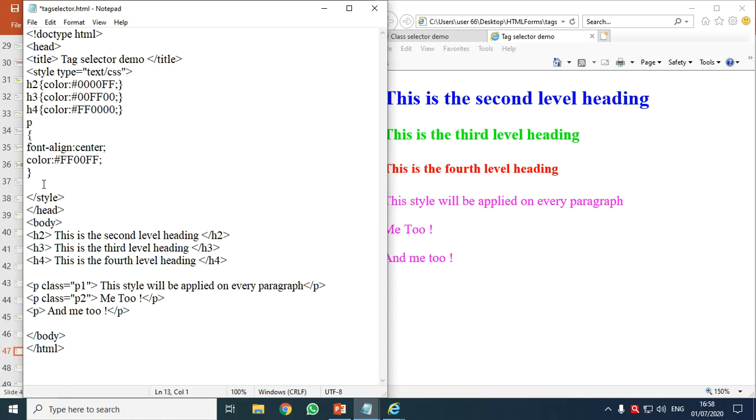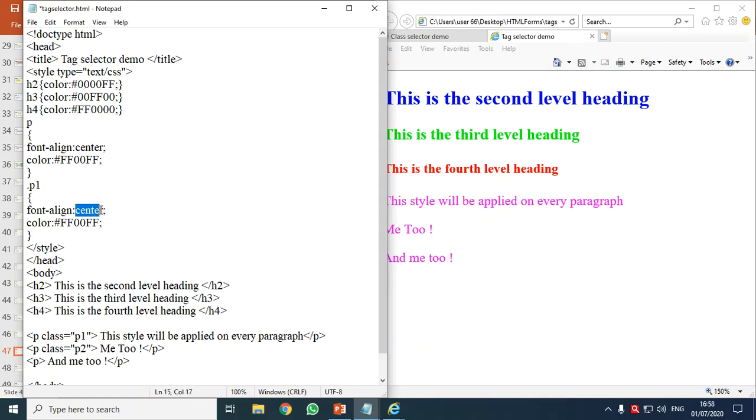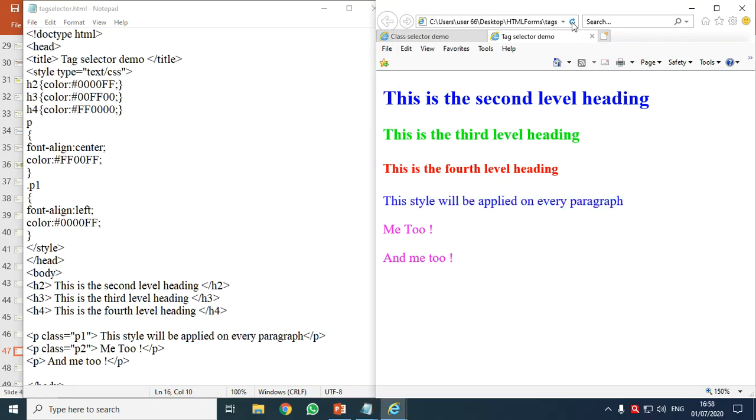And how will it be called? Classes are called with periods. That is a dot and the name P1. And followed by, I'll change the value, left and color. Okay, Control S and refresh.